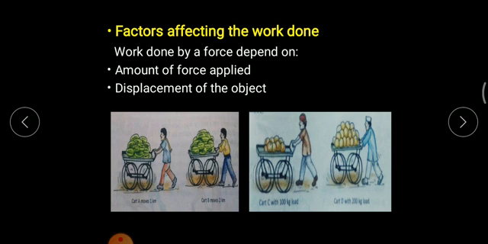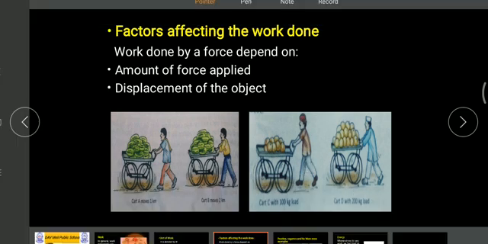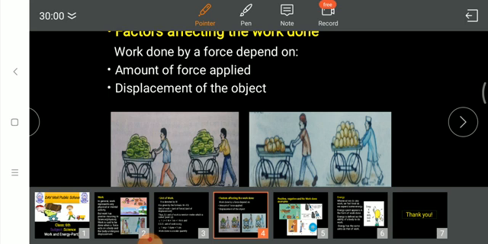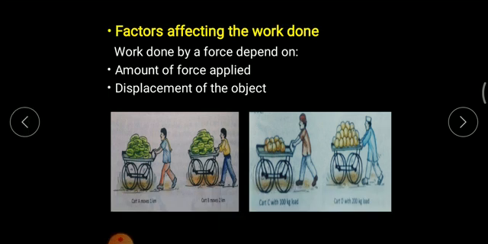For this person, less force is applied to move this cart a distance of 1 kilometer, whereas in the second situation this person is applying more force. Since more mass is there, more fruit is available over here,